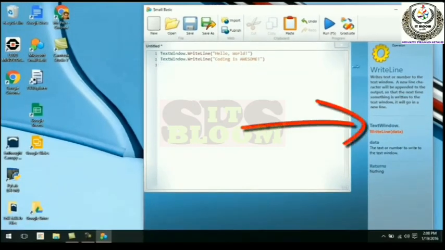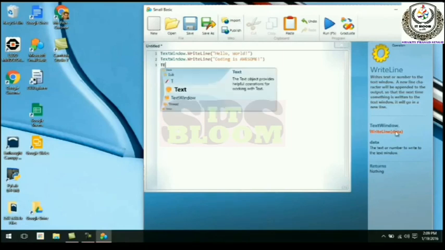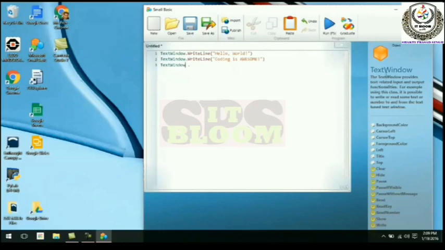If you want some help window that gives you the help for the object related to the text, whatever operation you are making, it will open accordingly. In the same way, again I am going to write TextWindow dot, that is the object with the dot.